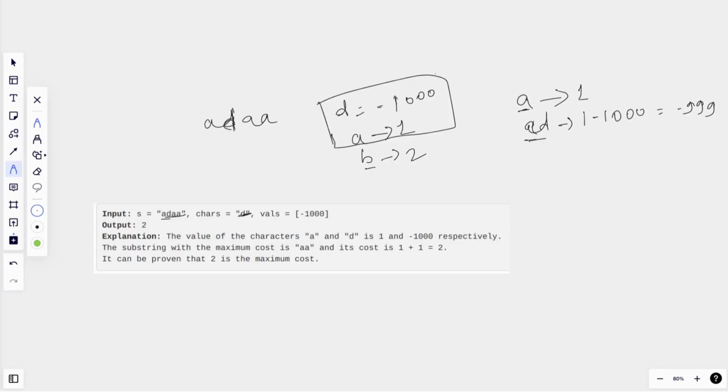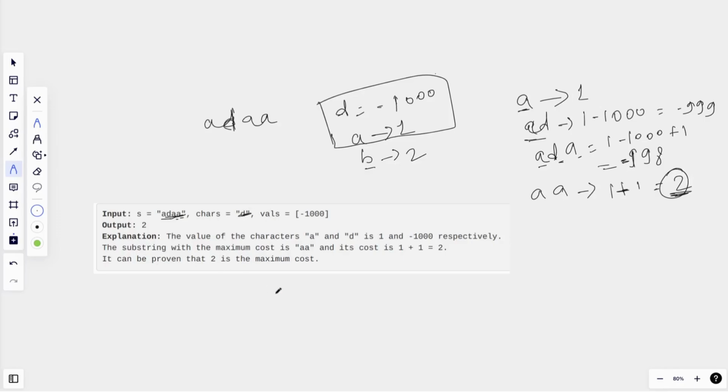Similarly, the value of ADA will be 1 minus 1000 plus 1, which is 2 minus 1000, that means minus 998. Similarly, the value of this substring AA is 1 plus 1, which is equal to 2, and this is the maximum cost substring present in this string. So we have to output just 2.